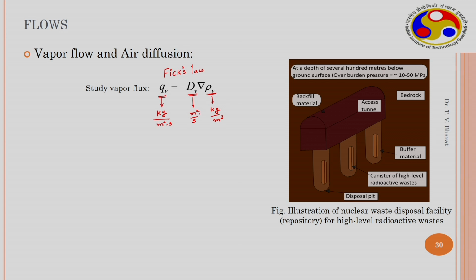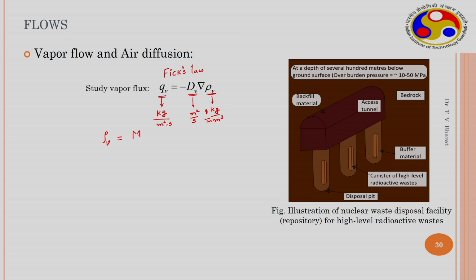So this is meter square per second into kg per meter cube. And here, del operator gives you dou by dou x, so this is 1 by meter also. Therefore the units are satisfied on both sides. So this particular expression, the rho v, we have earlier seen the density of water vapor, which can be written as